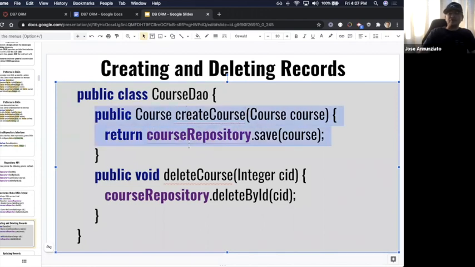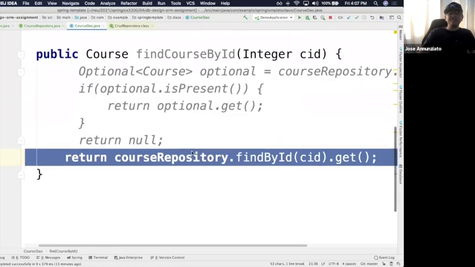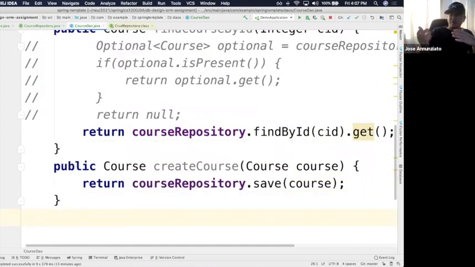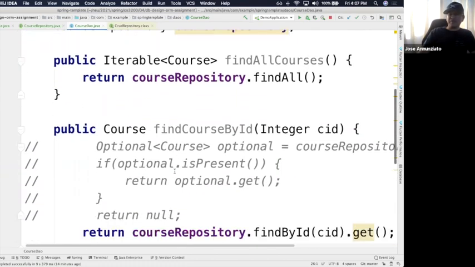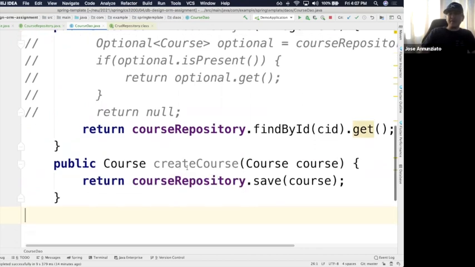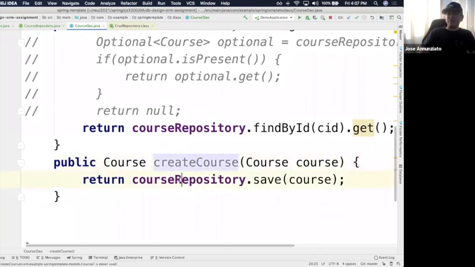So let's look at create. Remember, we're implementing the CRUD operations: create, read, update, and delete. These two finders implement the R, the read operations. The create course implements the C in the CRUD. Create a course. And to create a course, we're using the